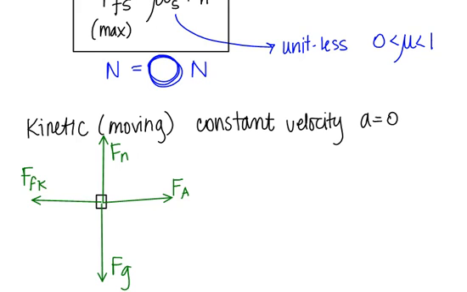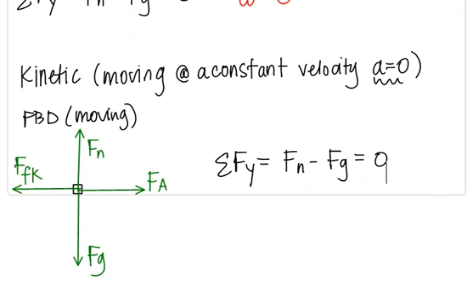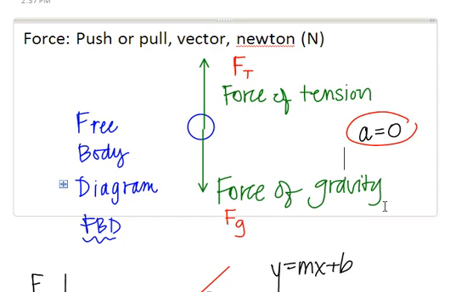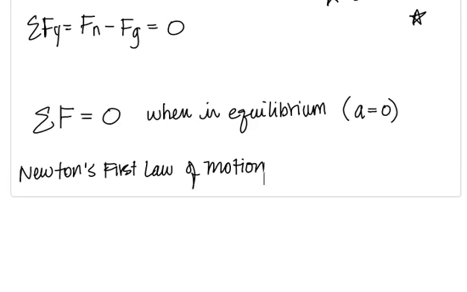So the acceleration is 0 in this case. Now if we scroll way back up here and look at this case where it was static, the acceleration was 0 and it's in equilibrium. Now if we pop back over to a couple of days ago where we had an object hanging right there, was it in equilibrium when the tennis ball was hanging in the front of the room? Yes. And what was the acceleration? 0. So acceleration equals 0 and it's in equilibrium. Those two things have gone together twice already. So now our object moving at a constant speed